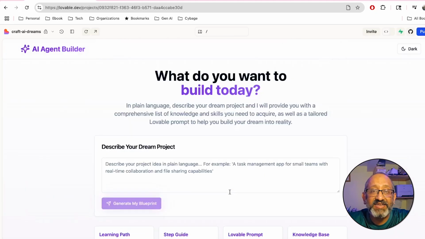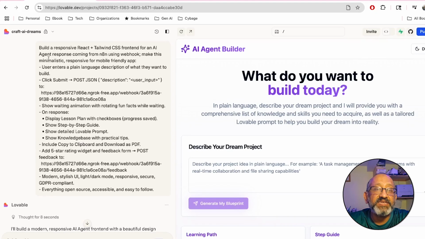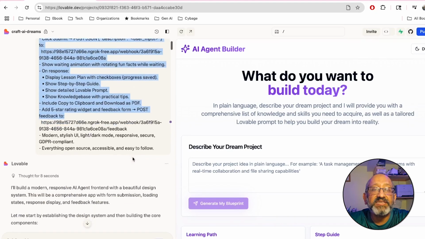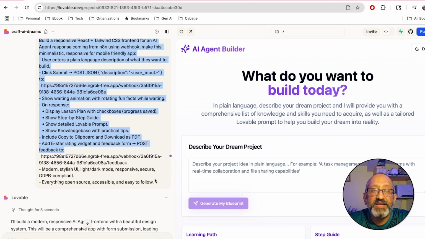We can all build it, and this is a very straightforward one. How did I build this application? I went to ChatGPT and asked that this is something that I want to build, and to provide me a prompt. So I did not start doing the prompting in Lovable. I started doing the prompting in ChatGPT. ChatGPT actually provided the prompt.